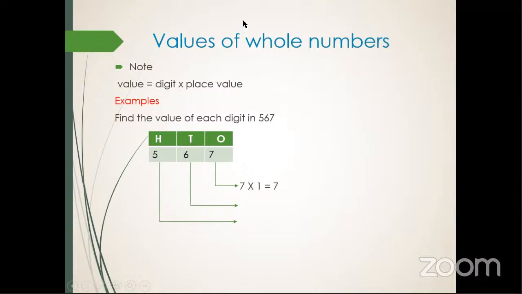Who can tell us what we are going to multiply 6 with? Isaac, your hand was up. Can you tell us? Okay. Priska, tell us. With tens. With tens, wonderful. You're very wise. So we say 6. Now, instead of writing the word tens, we write the figure 10. So we say 6 times